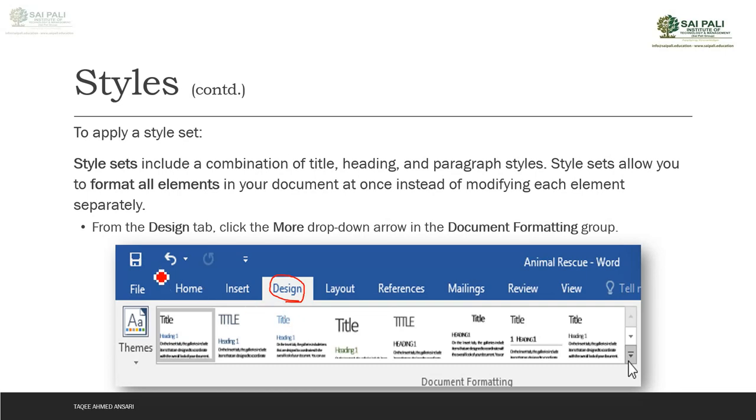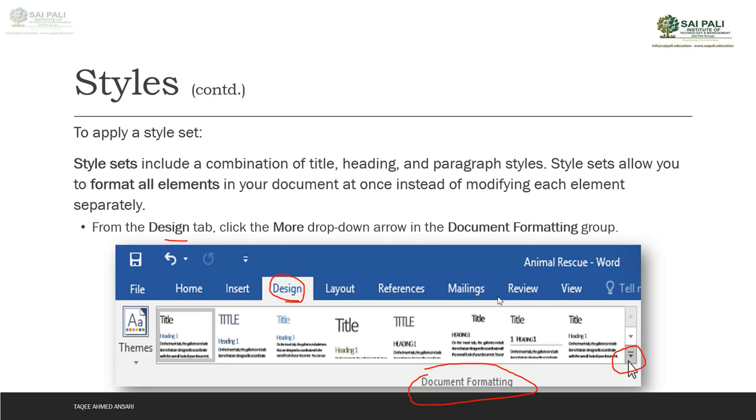So if I want this, then I go to the design tab. In the design tab, I have this document formatting group, and in that group, I have some predefined formats which I can see. As I hover around these styles, we can see the preview of these styles in our document. Or I can go for more options here to get some more styles.